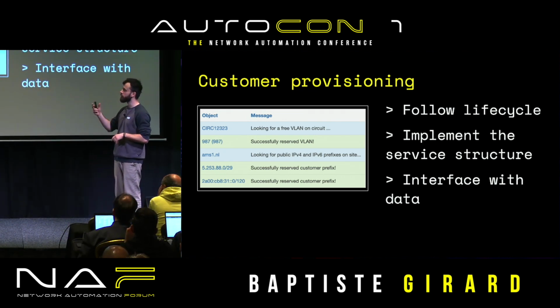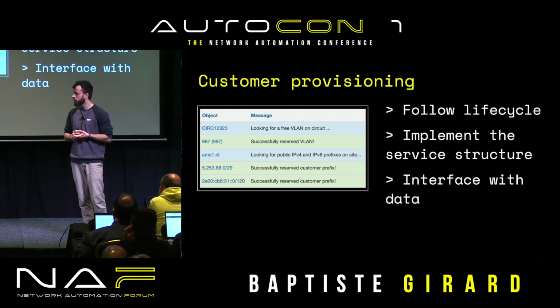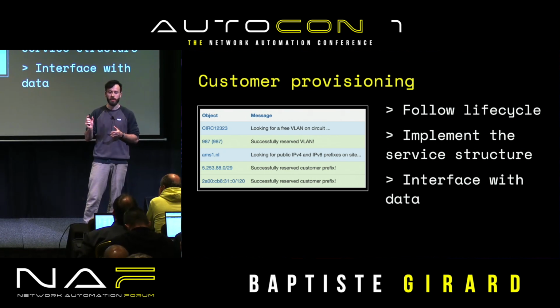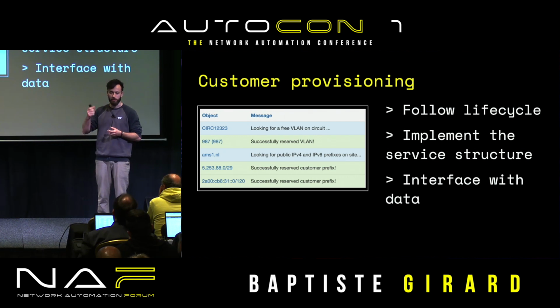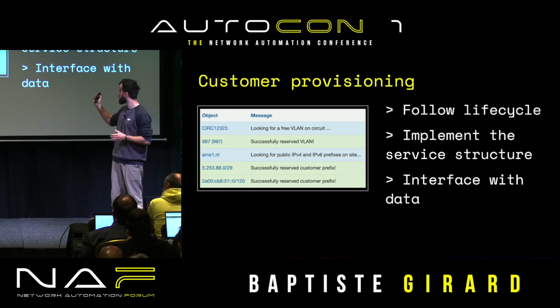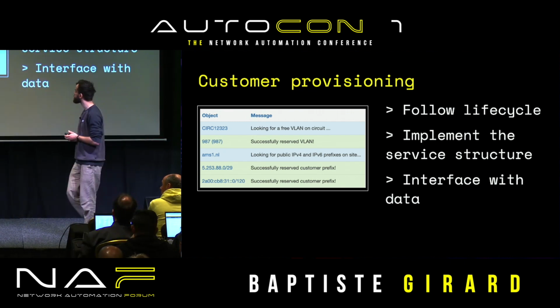And also on top of that, it creates this small gap for us to implement more advanced features. So we have this small space, and there we introduce, for instance, an algorithm to avoid prefix fragmentation. When we allocate these small prefixes, we don't want to get them in the middle of the prefix, so we want to find the perfect spot to allocate them. And so that's what the algorithm is doing, and this is running behind every single form submission, so we are sure that we optimize a bit the way we allocate prefixes there. That's a simple one, but that's already a good step toward a better asset management.